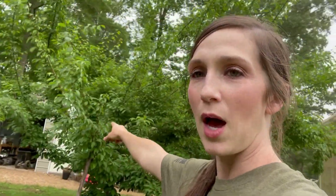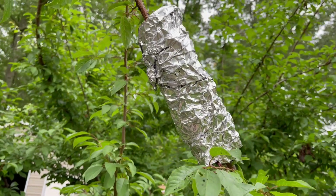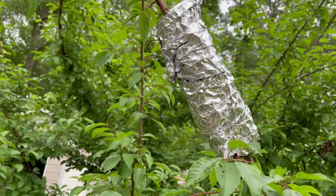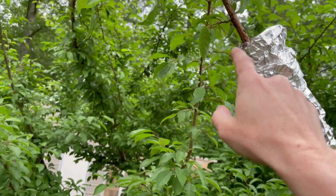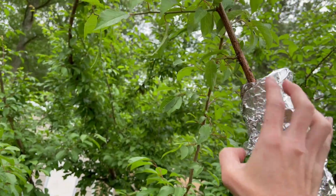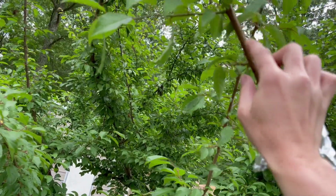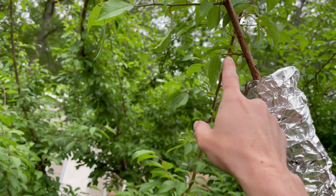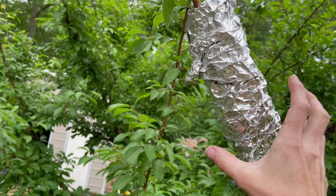So y'all see this bottle right here that's got aluminum foil on it. This is something called air layering. Now, if you're not familiar with this technique, you can go back and look it up. Basically, what I did is come in down here, shaved off this first layer with a razor and unpeeled it off, took the little stems and clipped them down, got a bottle, nothing more than just a water bottle,